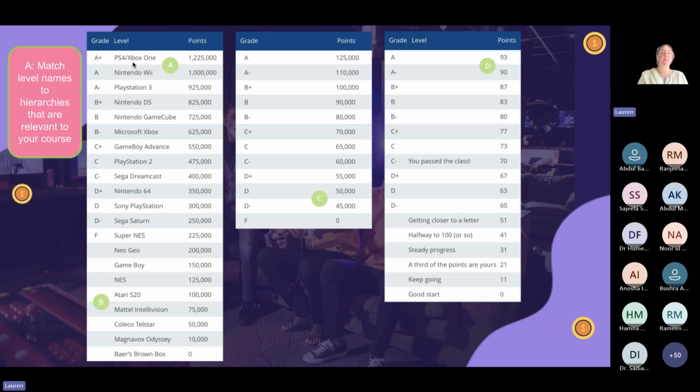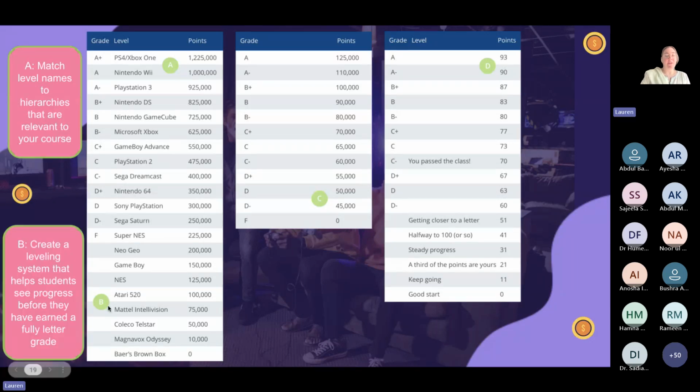And if it is, then they have matched these grade levels, A+, with a certain gaming system, depending on how advanced it is. And this is just a fun way to give students some perspective on what they're achieving, or it could just be a fun way to think about grades.